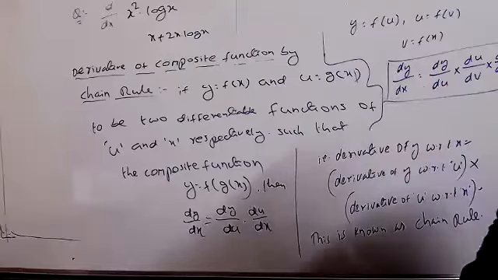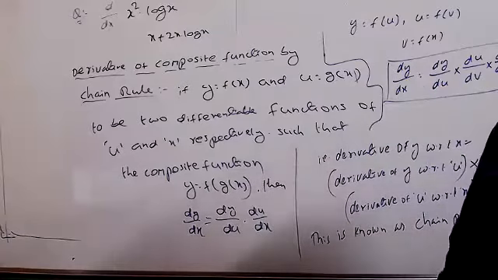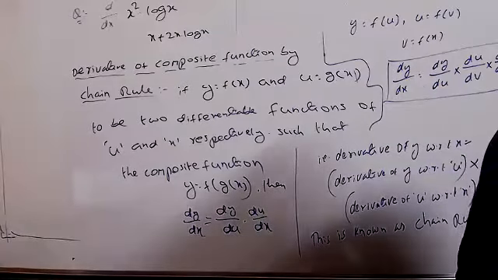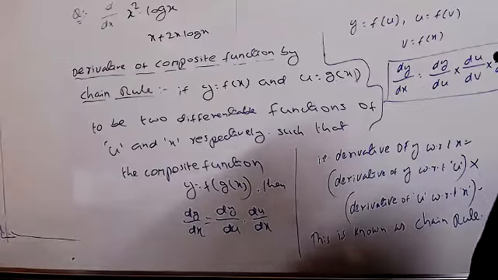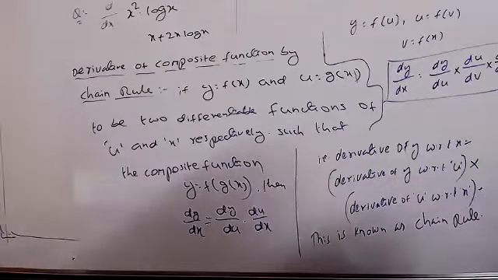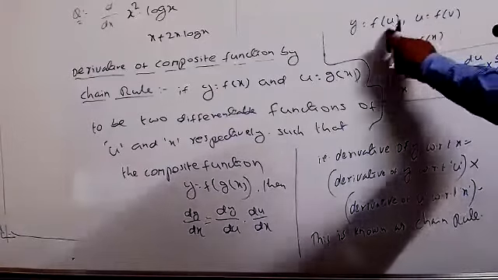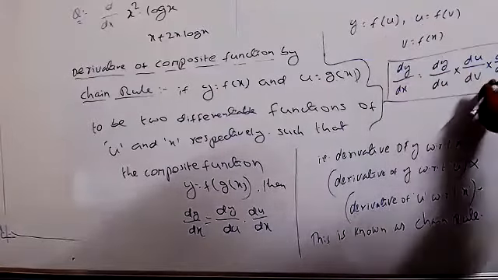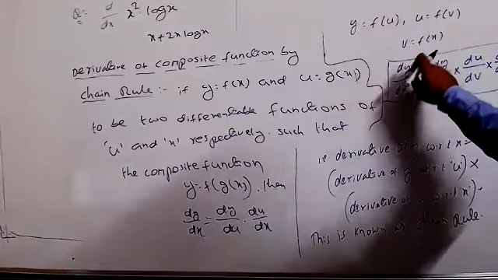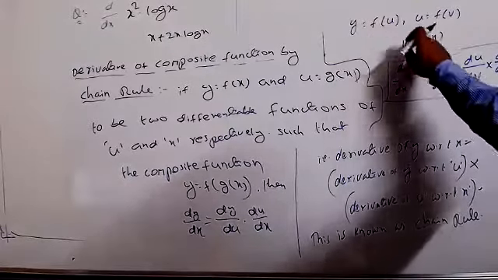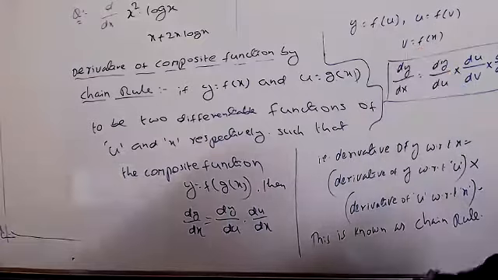You can write now: the chain rule can be extended to functions which are a composition of more than two functions. Just do this with the functions. We have three different functions, and by using these three different functions we have to find dy by dx.